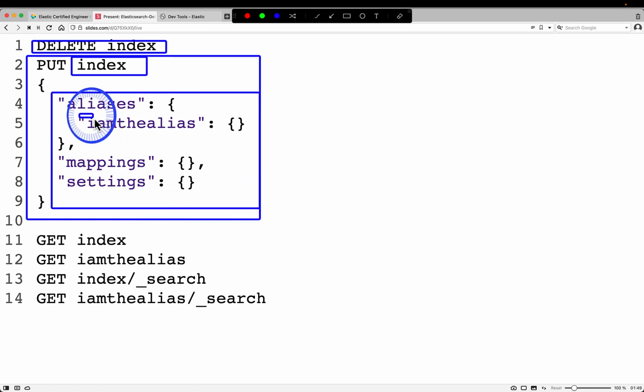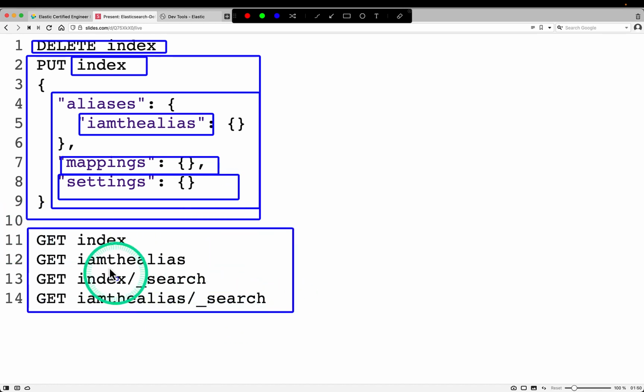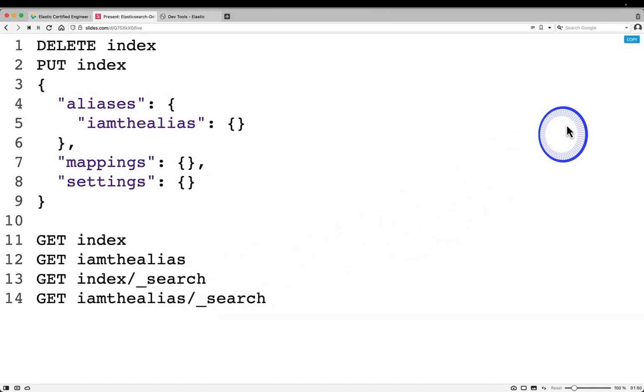In this case, I'm giving an alias called I am the alias, and for mappings I'm not defining any schema at the moment, and settings also I'm not defining, so it will just take all the default settings at the Elasticsearch global level. Then I am just retrieving the information, so I can refer to it by the real name or the alias, and I'm doing some search even though there is nothing inside that index. So I'll copy the snippet of code,